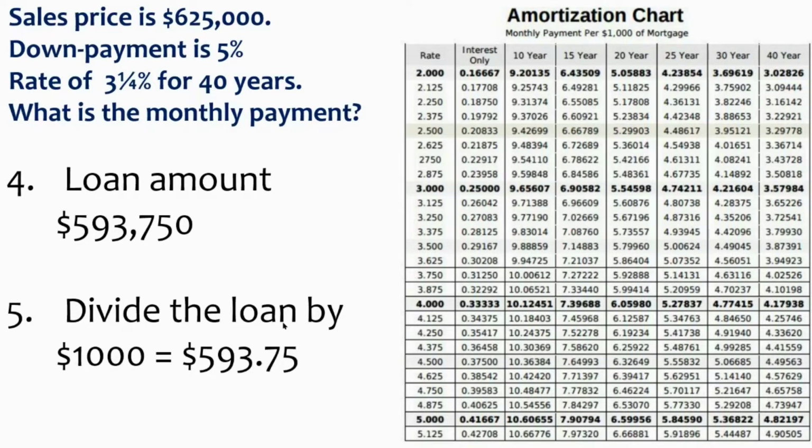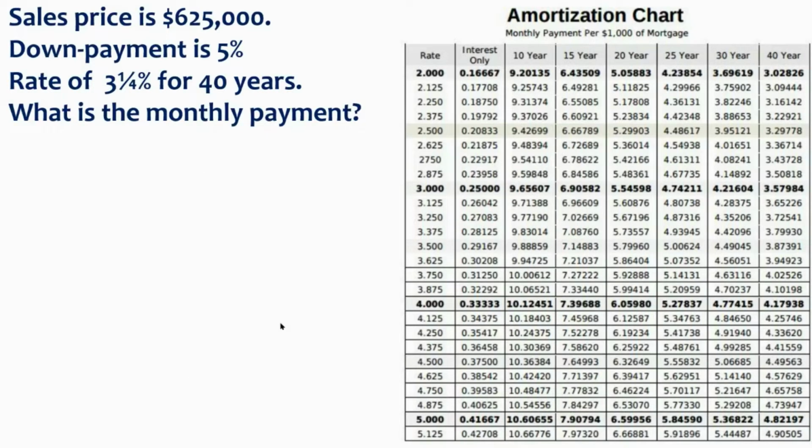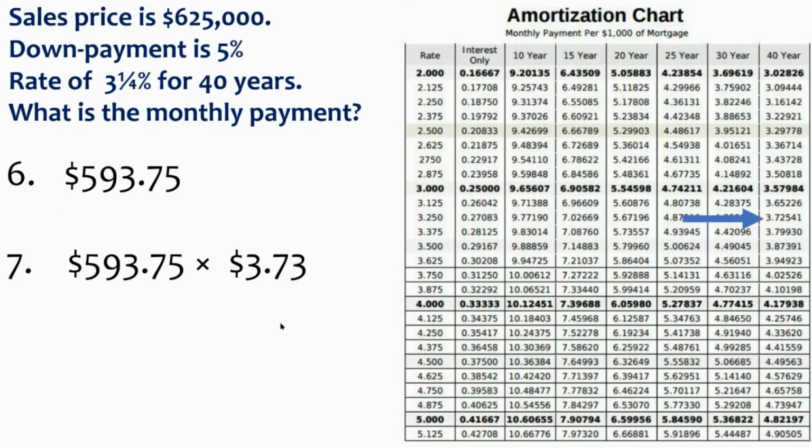$593,750. I'm going to divide it by 1,000. Why? Because the chart or the sheet presented is again based on 1,000. What I borrowed is monthly payment per 1,000. I get that number. And then the next thing I'm going to do is to look for the corresponding amount. So I'm looking for 40 years because that's what the question presented. And I'm looking at 3 1/4. That number matches to be $3.73. I rounded it up. You multiply that with the $593.75 to get the monthly payment of